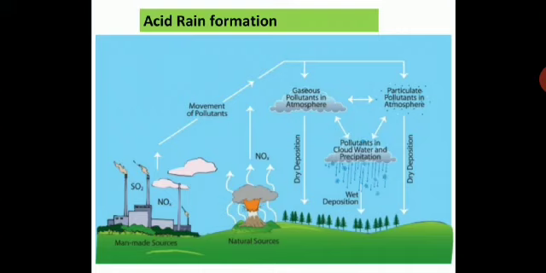So these are all the movements of the pollutants shown over here. First of all, emission from the factories, lots of sulfur dioxide, nitrogen dioxide, all these pollutant harmful gases go to the atmosphere and come back on the earth as acid rain. The natural sources also have lots of emission because of the burning of the forest fire and all that, which also causes pollution. And then cloud formation, precipitation, falling on the earth as acid rain. You can see in this image, children.